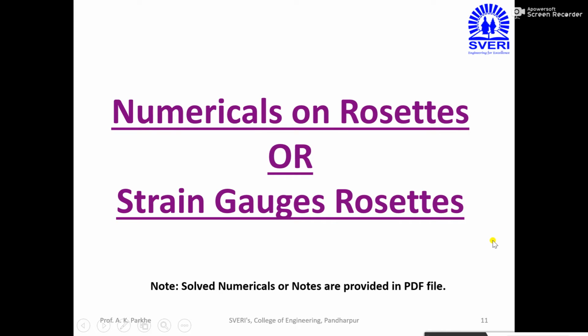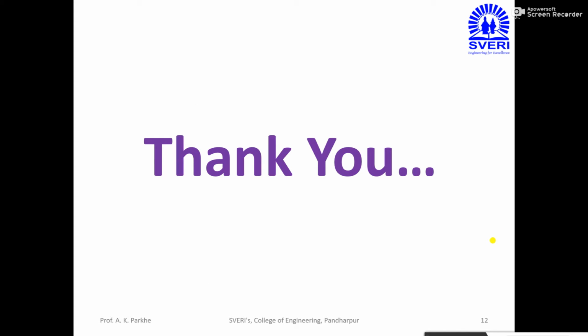That is, numericals based on the equiangular rosettes or the delta rosette. Then we'll discuss the numericals based on the four element rectangular rosettes. From these numericals we have to understand that for all the types of rosette the procedure is the same. What is the procedure? Initially in the statement we have to identify the type of rosette. Then we have to identify the given data, and from that given data we have to find out the epsilon x value, epsilon y value, gamma xy value,